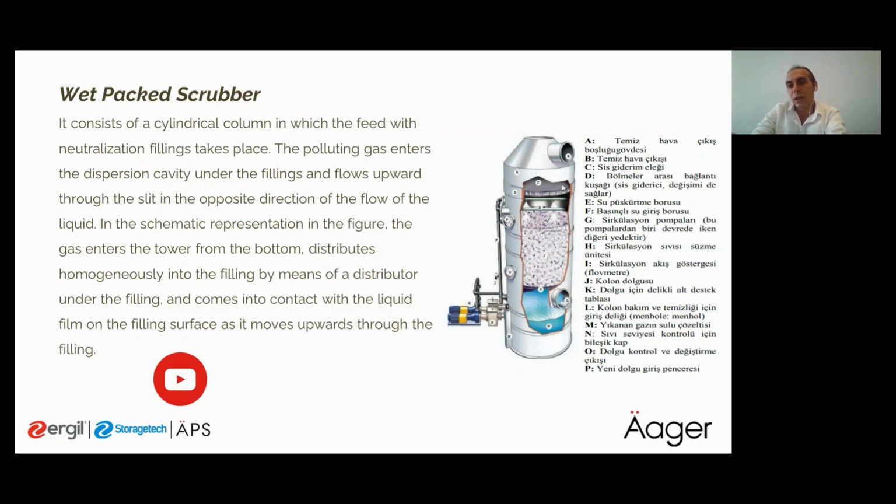Like if it's sulfur dioxide, we are turning it into a salt, and it's not harmful, so you can directly drain it to the sewage. But if it cannot be turned into something less harmful, you have to dispose of the sludge to